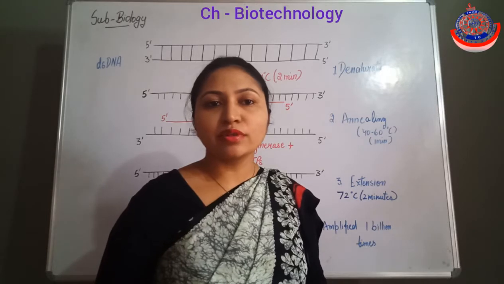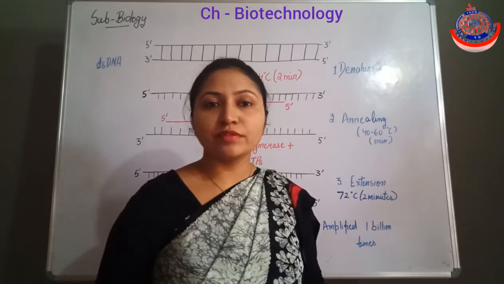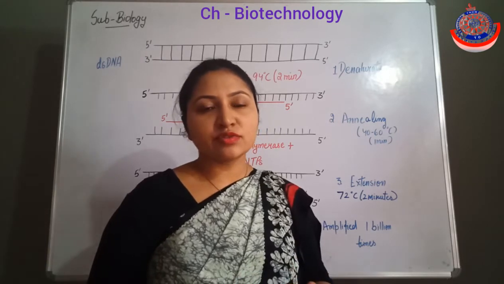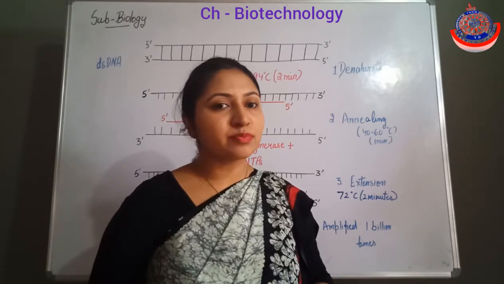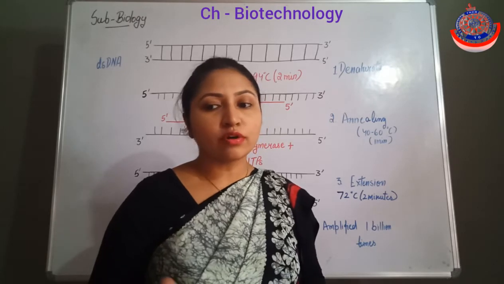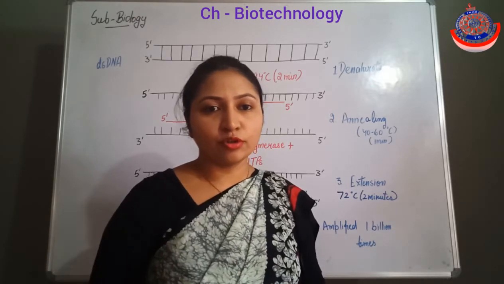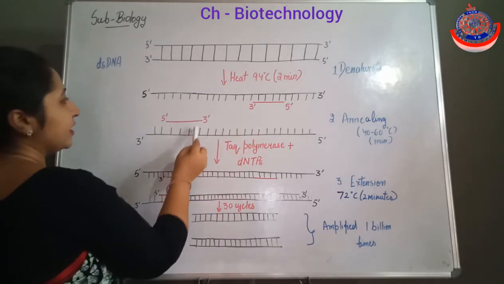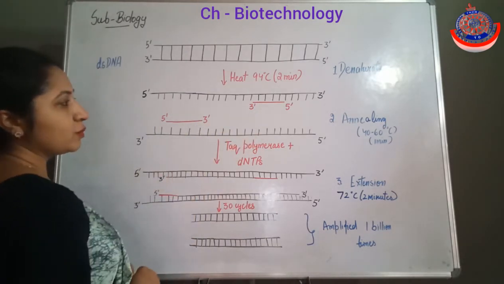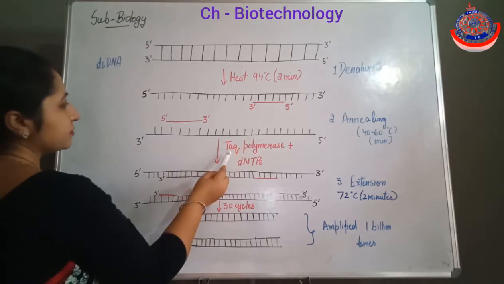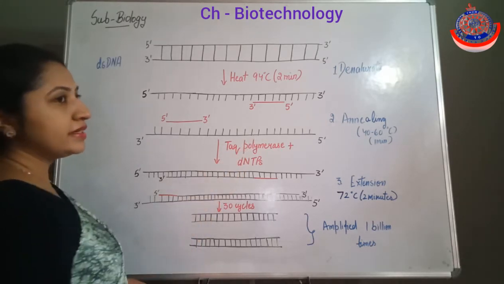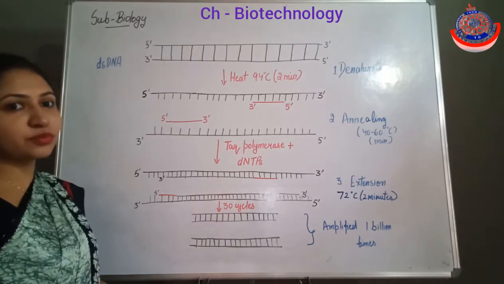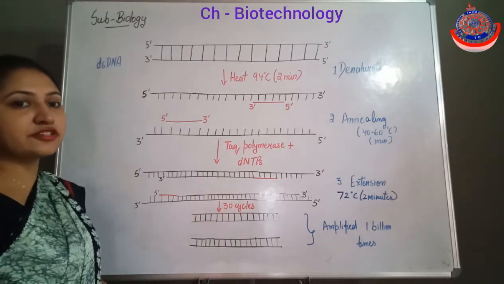When we discussed DNA replication, the role of the primer is to initiate the reaction. It initiates the strand formation, but it is not responsible for the extension of the DNA molecule. Clear? So when the primers are annealed here, then what happens? After that, Taq polymerase and dNTPs are added for the next step, that is the extension process. Third, that is the extension process.